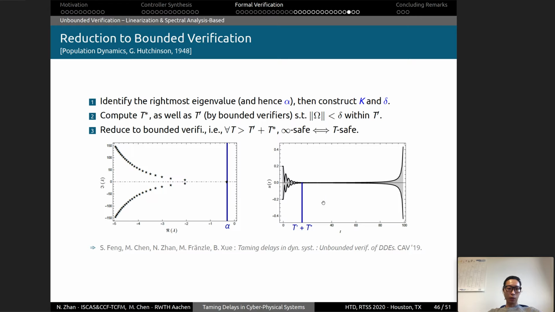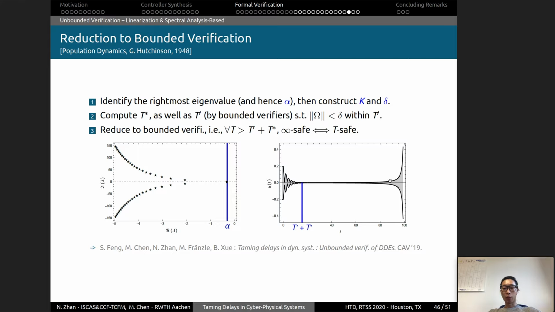This is an example for the earlier presented population dynamics. So using some bounded verifier, we were able to claim that the unbounded verification problem can be solved if we can show bounded verification up to T prime plus T star here. An interesting thing is here, as you can see in the long tail, this is what the bounded verifier gives us